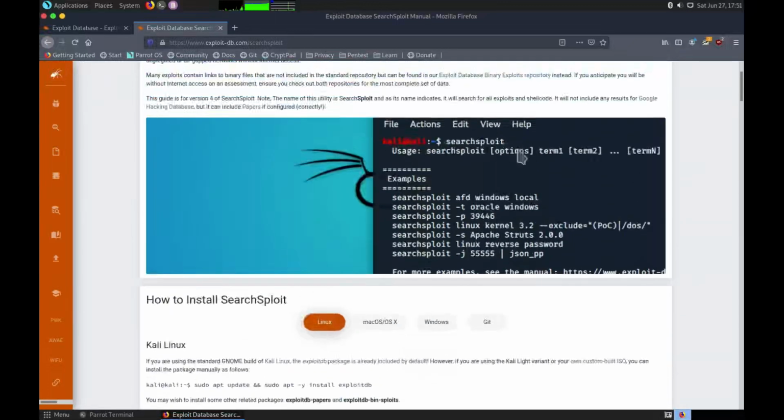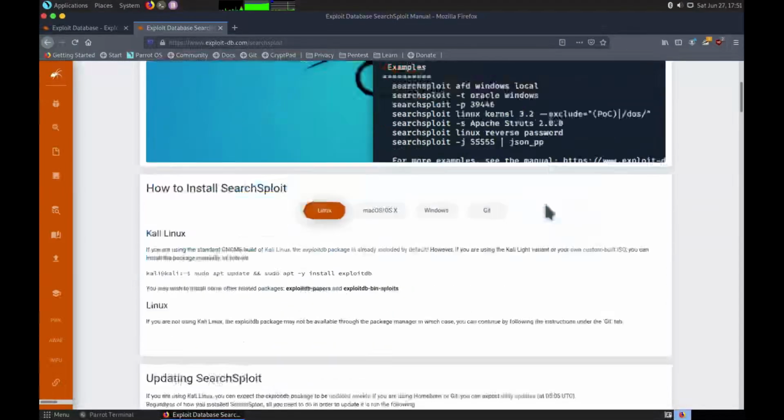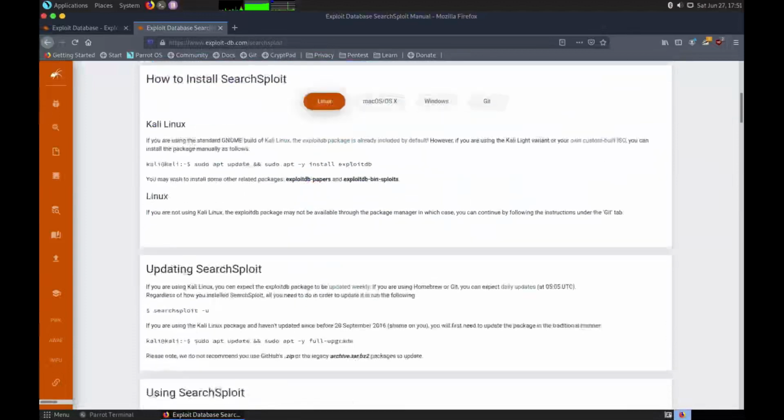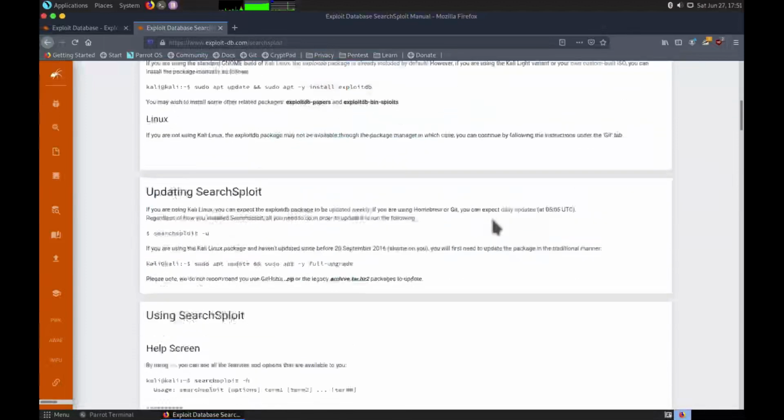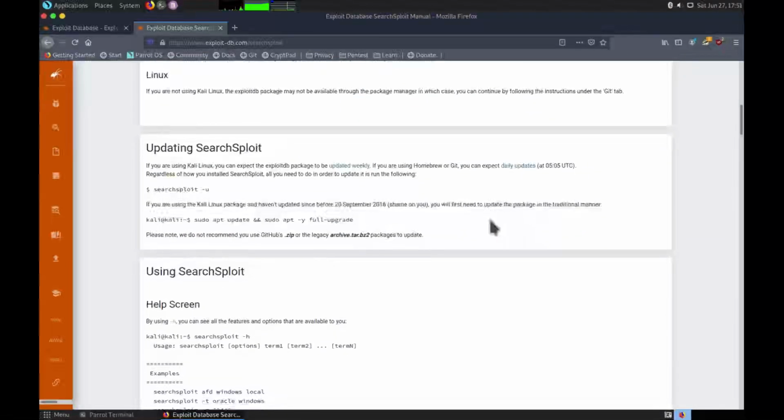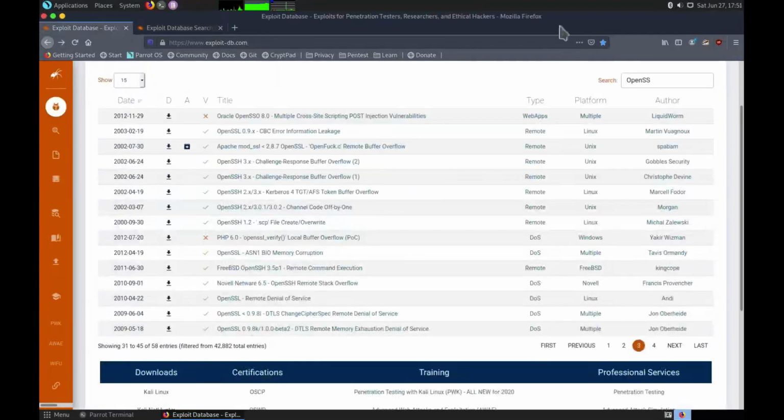So here you can kind of see an example. With searchsploit, you put in the terms and it will come back with a list of vulnerabilities, and you're able to go through and look those up. And so it's a good idea to have this updated. So when you're out on a pen test, if it's kind of hard to get a connection to the internet due to some of the controls in the environment, then having that up to date is good. So let's see, there's